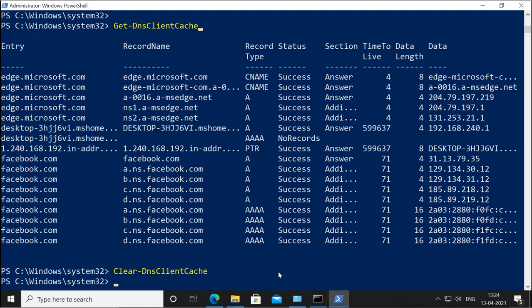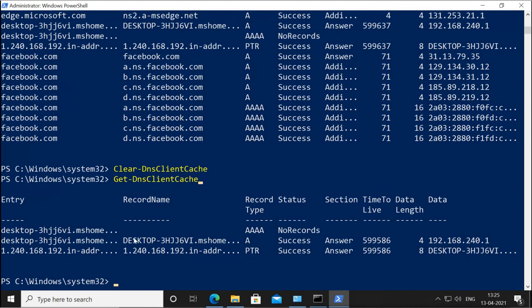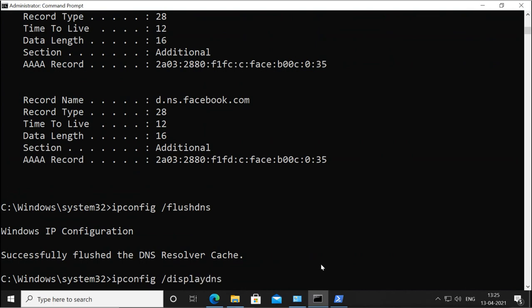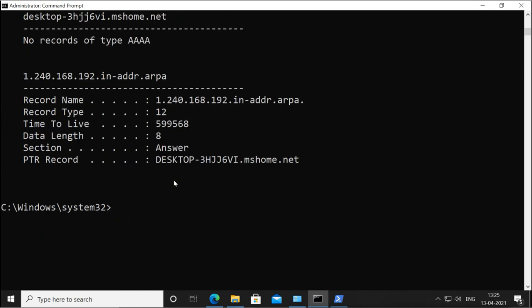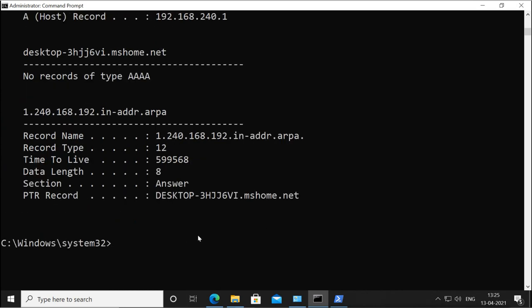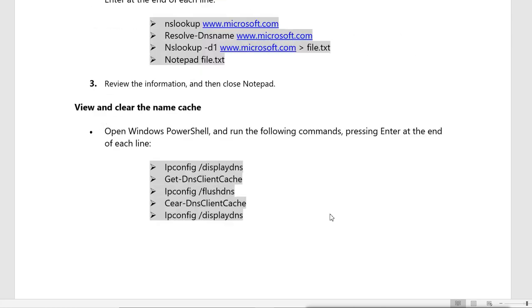When you run Get-DnsClientCache now, you will see nothing. You are seeing something is there, but this is just right now. In the background your machine is doing lots of things to connect. So just right now it got this record, and we have only these 2 records. All the other records we had resolved have now been cleared. So this is to see the cache and clear the cache, and this is how the name resolution works in Windows 10.